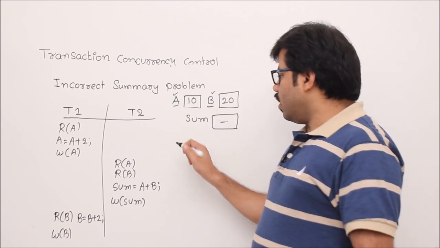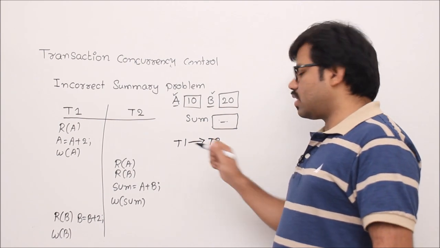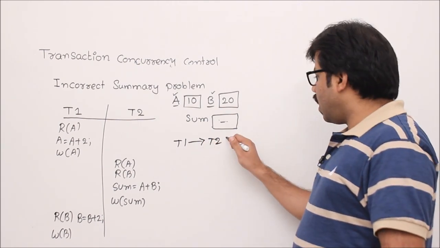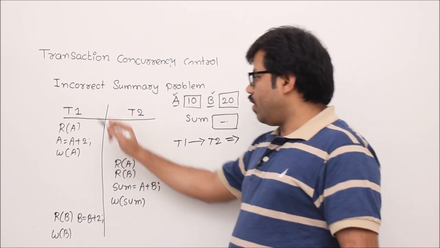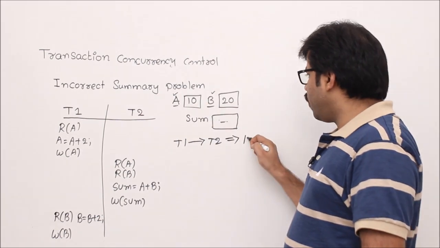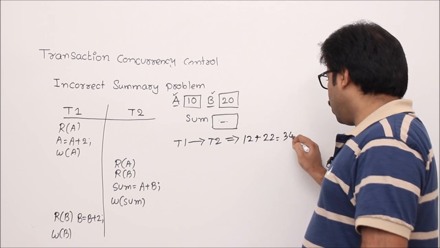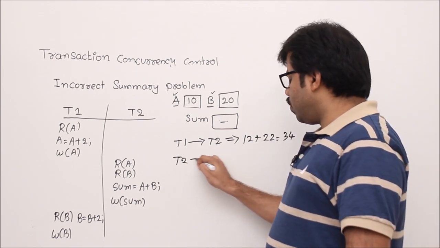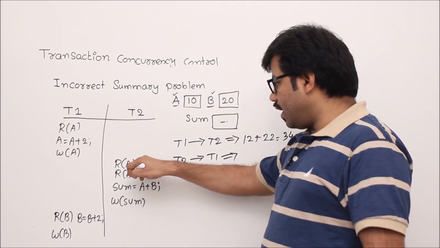So if T1 is executed followed by T2, as a serial schedule, then if T1 is entirely executed, A is going to be 12 and B is going to be 22, which would sum to 34. If T2 is entirely executed followed by T1 without interleaving, then initially we are reading A, reading